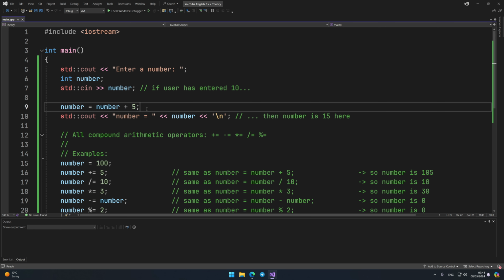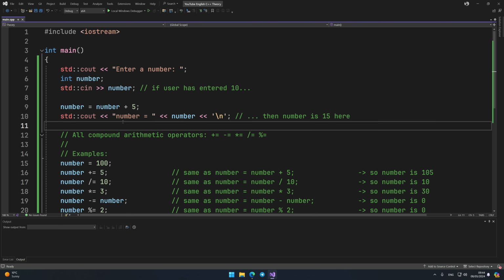How to do this? The first option should be written like this. Since you know the precedence of operators, you understand that addition will first work here, which will return the sum of numbers, and then the sum of numbers will be assigned to a variable. Similarly, you can use division, multiplication, and so on. But this expression can be shortened by using the compound operator.